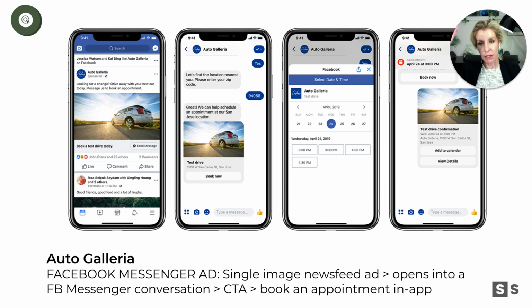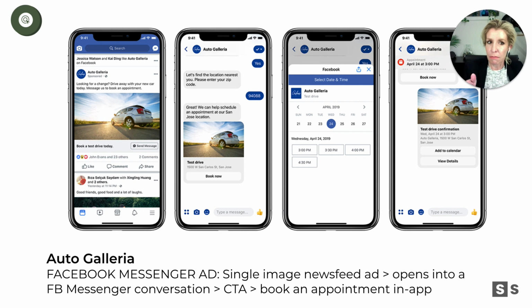So it's actually appearing first in feed with a single image ad, and the call to action button there on the left, as you can see, book a test drive today and then send a message to do so. Wow, I don't even have to leave my feed. And in fact, I've been searching everywhere for information on whatever that car is. We'll call it a Mazda, but I think it's not at all. So I've been researching Mazdas and I've been looking for them here and there. And then what do you know?